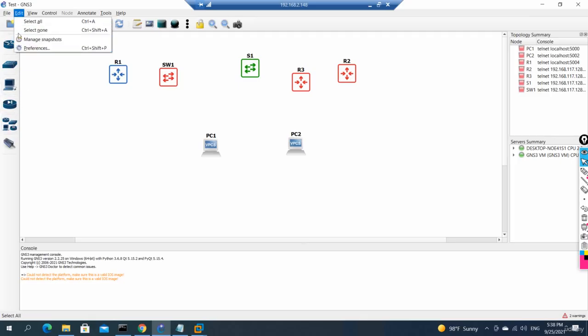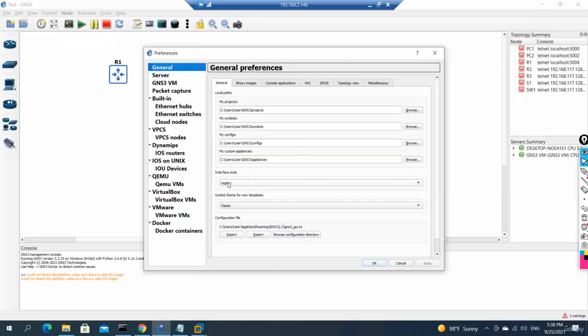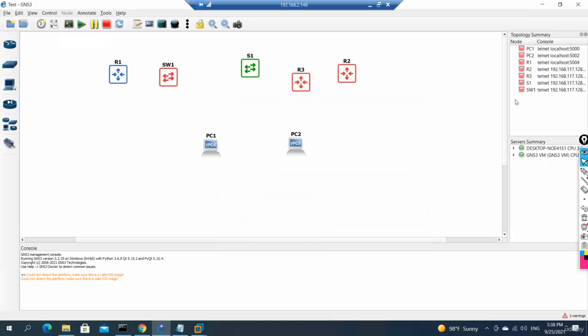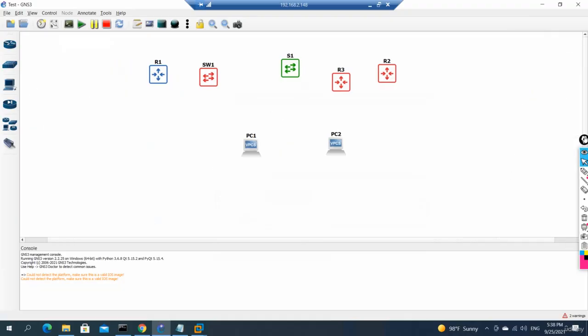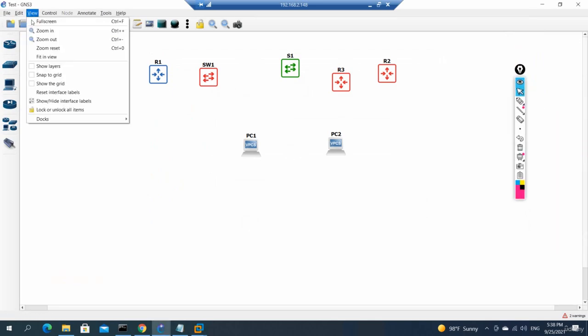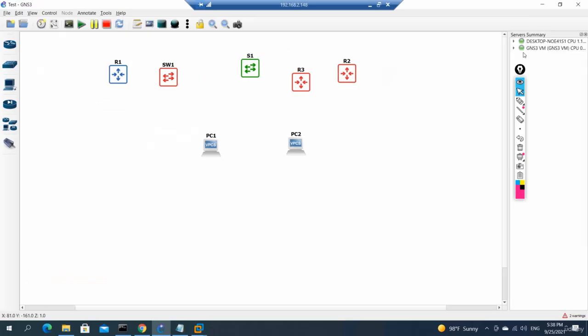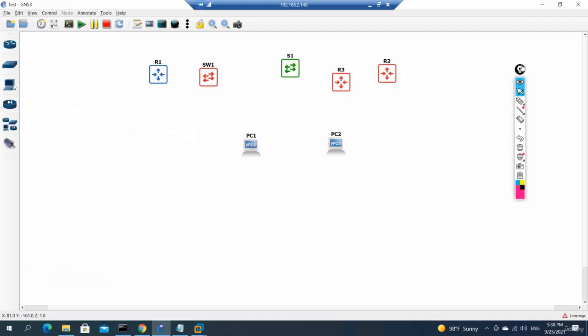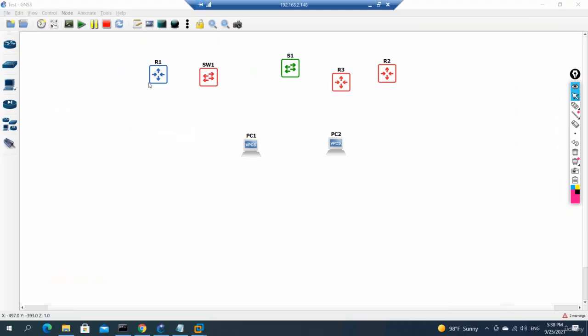How I go here: edit, preference, and then here I put this legacy. You can take anything, whatever you need, then press OK, apply. So this came like this, and if you don't need this one, you can cancel this. So the screen will be big for you to do the lab. But if you want to verify your GNS is working or not, just go here to the server summary. If both are green it means it is okay, then you can cancel this one. So you have the big screen for that big dashboard, so you can bring many routers and switches to